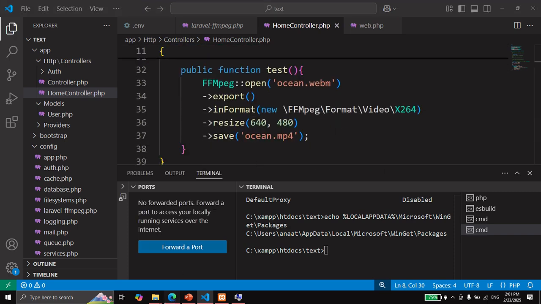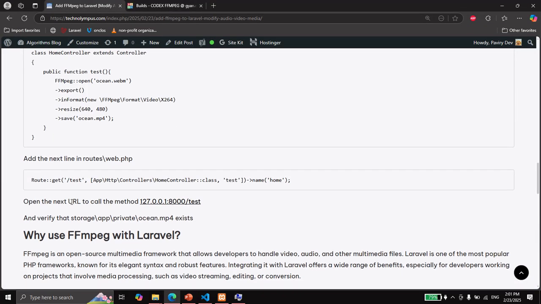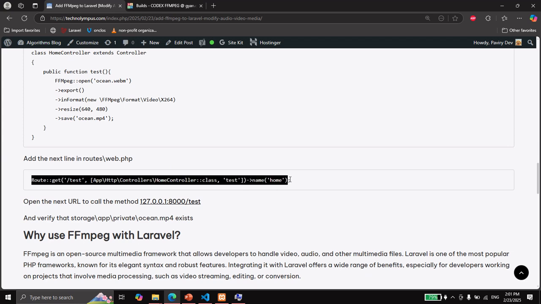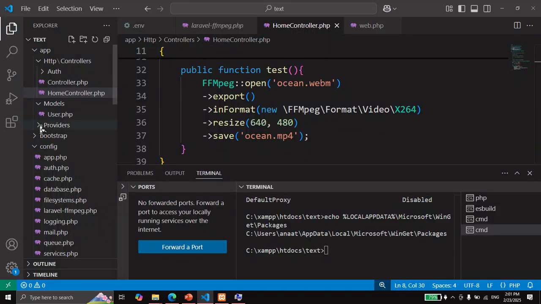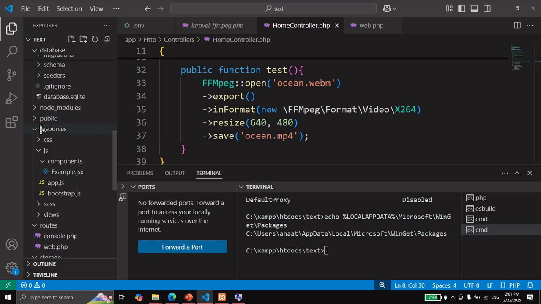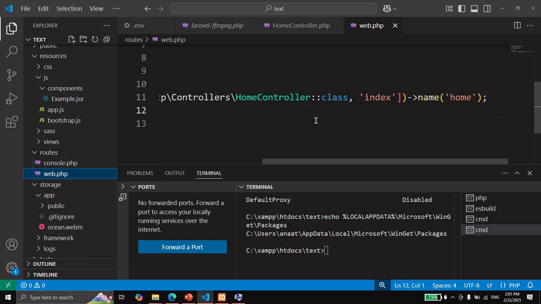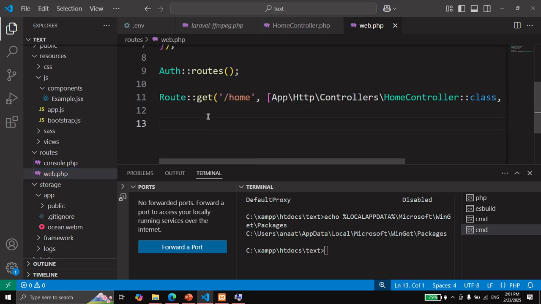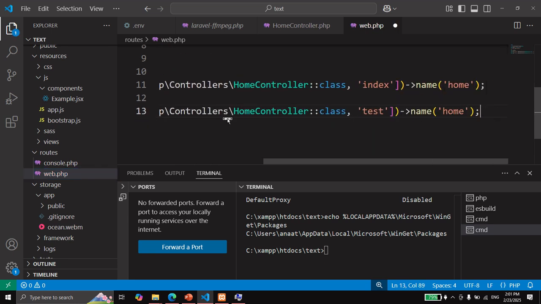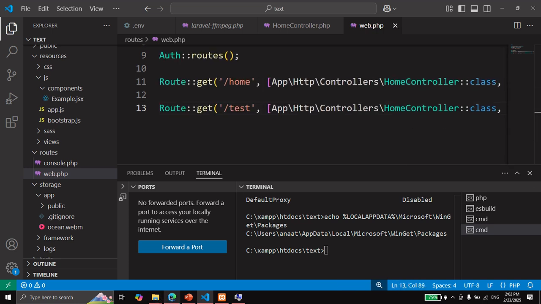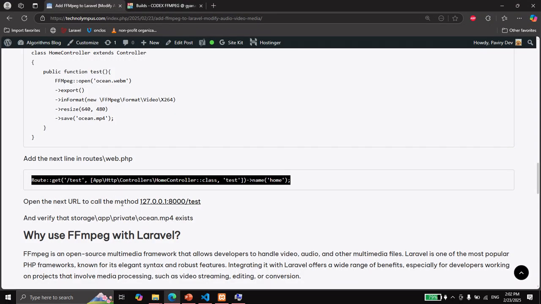So we are almost done. The only thing that we are missing is to add this method into the routes. So we are going to find the routes folder and open the web.php file. Let's paste here, and the name can be any, so I'm just going to update it to test, and let's see if it's working. We can open the next URL to call the method,